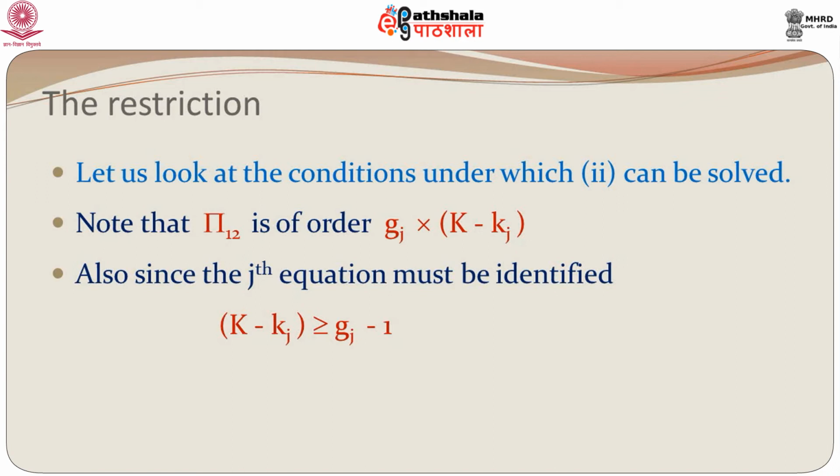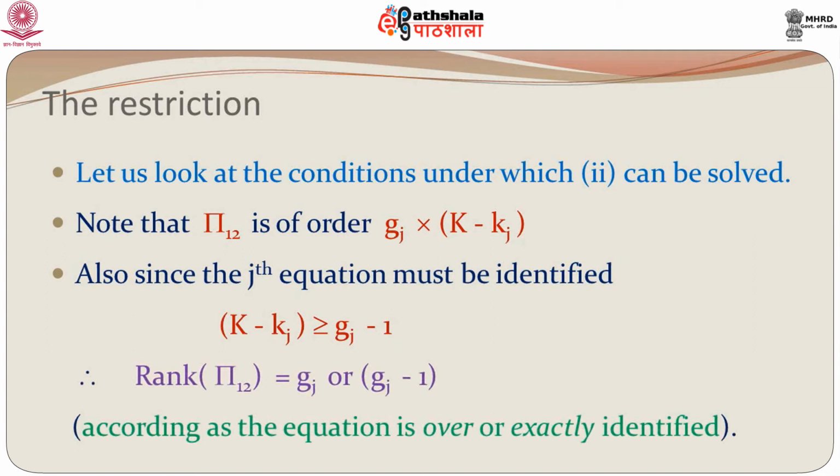But before that, let us look at the condition that we have. We have the jth equation, which is identified, as it has to be because we are estimating its parameters. Then k minus k j must exceed g j minus 1 or must be equal to it. So, what we can say is that the rank of pi 1 2 can only be either g j or g j minus 1. Why do you say that? Because if k minus k j is equal to g j minus 1, then obviously the rank condition also says that